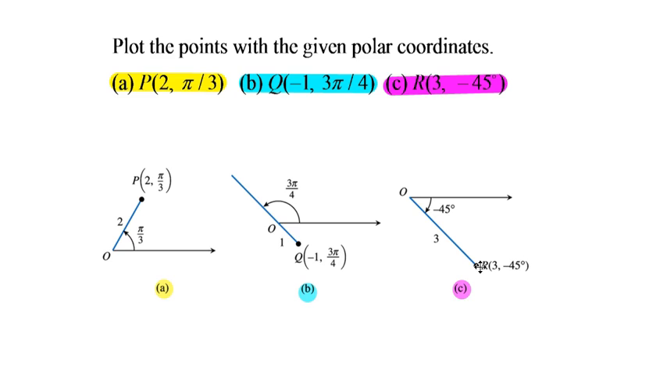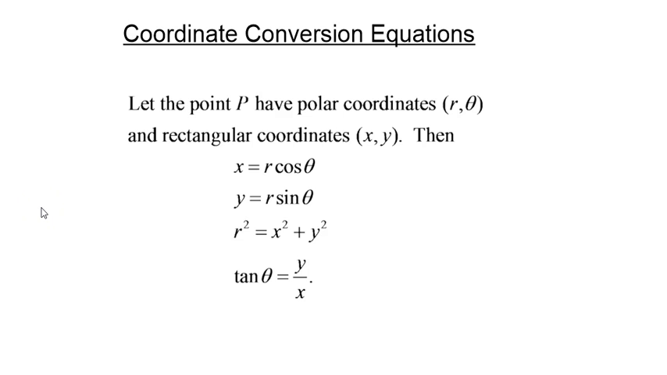The first value tells you the distance. The second value tells us your angle in theta. The main portion we're going to focus on in this lesson is how to convert from rectangular coordinates to polar coordinates, or vice versa. So below we have 4 different equations we're going to use in order to perform those